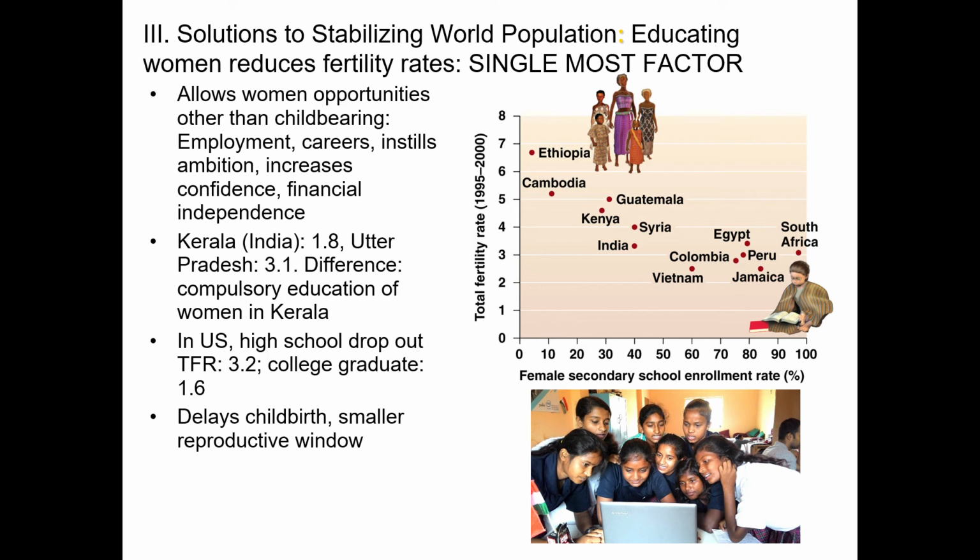And you'll see in the film that they say, by the time a woman in Kerala gets married, the woman in Uttar Pradesh already has 3 or 4 children, kind of a thing. So they trace that back to compulsory education. And you see the graph, how that bears itself out. We do see that in our country. And in the U.S., the average TFR for a high school dropout is 3.2, and for a college graduate, it's 1.6. And they attribute that to the increase in the amount of education and then a career that is,